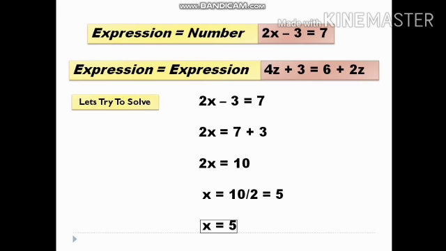Let's try to solve this equation: 2x minus 3 equal 7. As in class 7th also, you simplify this type of question, student, in simple equation. Similarly, you have to solve this equation also. First, we will shift this minus 3 into right hand side. That will convert into plus 3 and we will get 2x equal 10. Now we have to find the value of x. So, this multiply 2 will shift. When shift into right hand side, we will get 10 upon 2, which is equal to 5. So, the value of x will be 5.